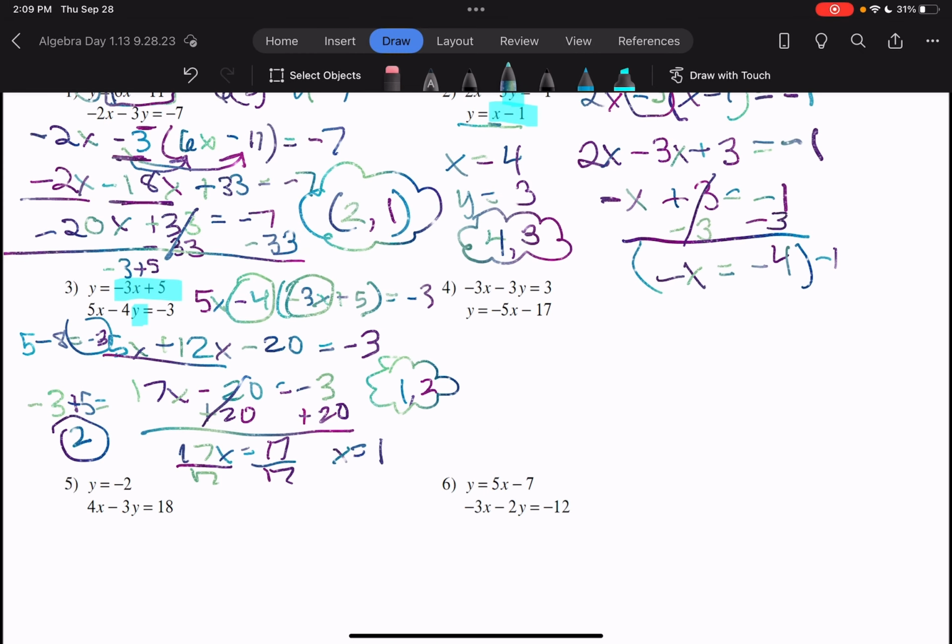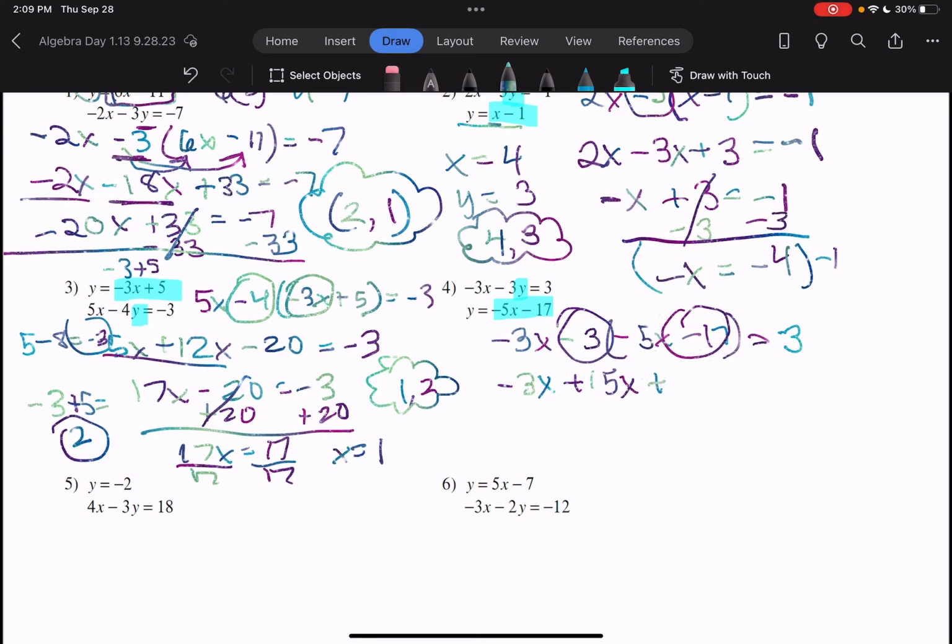So here we have, again, our y equals already solved for, so I'm going to replace the y in this equation here. So I have negative 3x minus 3 times negative 5x minus 17 equals 3. Now I'm going to distribute this negative 3. Remember, the sign needs to stay with that negative 3. So negative 3 times negative 5x is plus 15x. Negative 3 times negative 17, a negative times a negative gives us a positive. We have 21, carry the 2, so 51